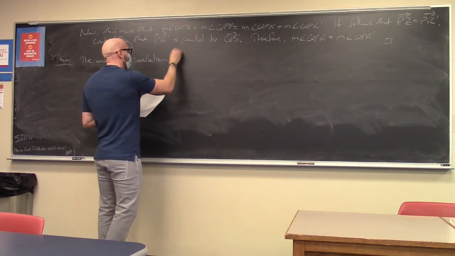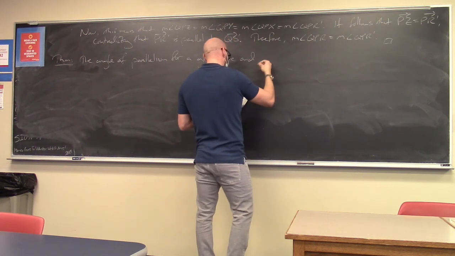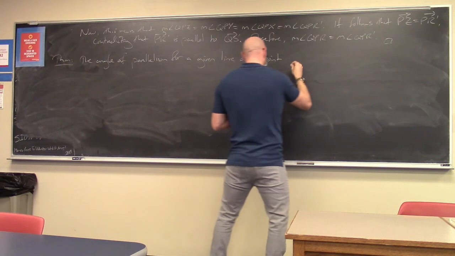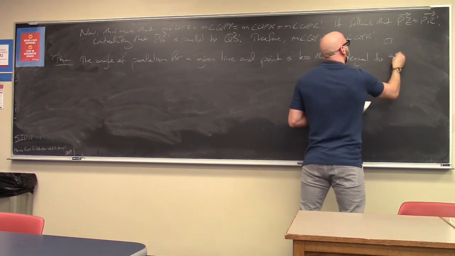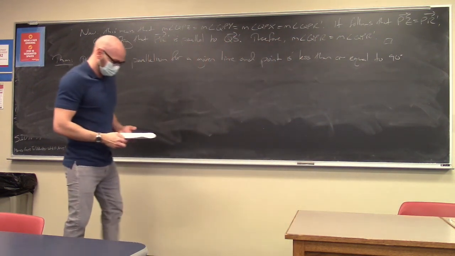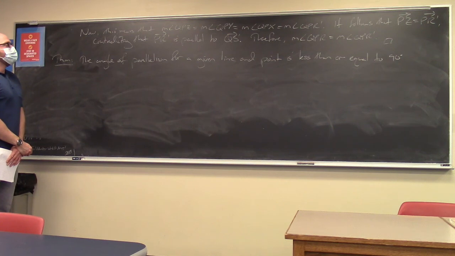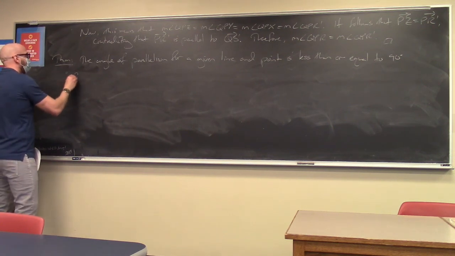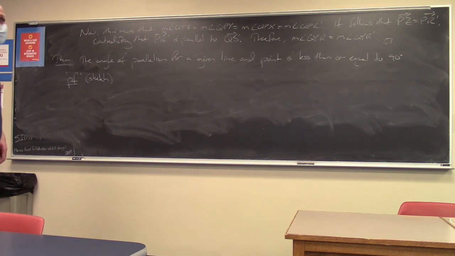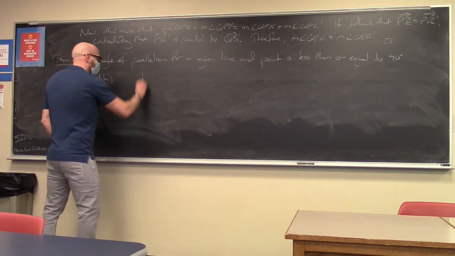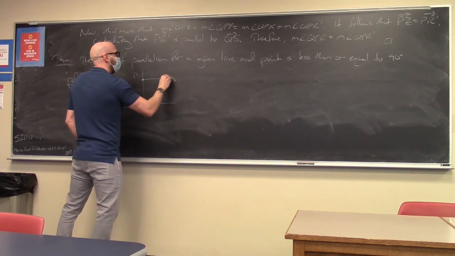The angle of parallelism for a given line and a point is less than or equal to 90 degrees. Now, as far as I'm concerned, this is almost immediate. So this is just a very quick sketch. But if I have Q, P, and R,